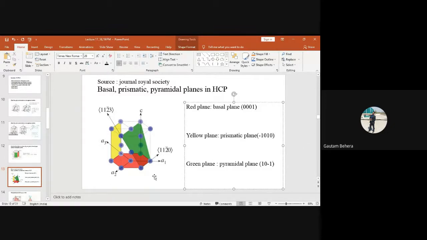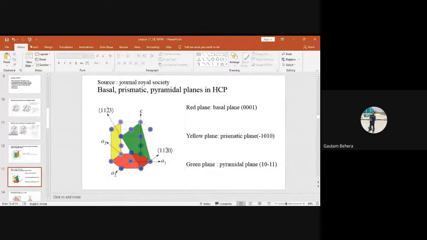And what about Z? 0? How 0? Just have a look. The Z axis starts from here and moves vertically to this point, right? So it is intersected by how much? 1 unit magnitude, right? 1 unit. Very good. This is the Z axis, and this plane is intersecting the Z axis by 1 unit magnitude in the positive direction. So it will be 1 again. Very good. So, done.